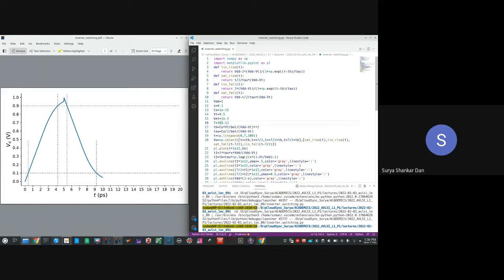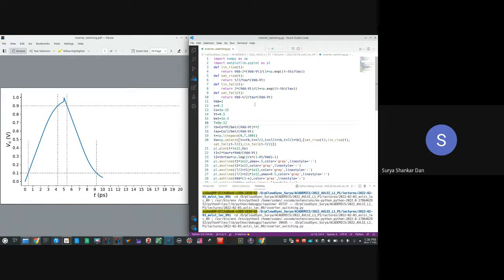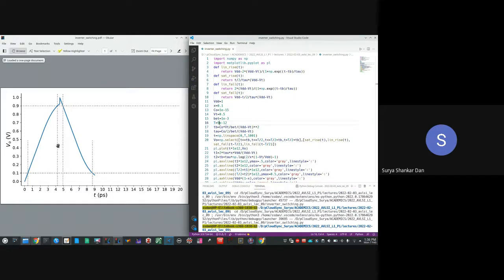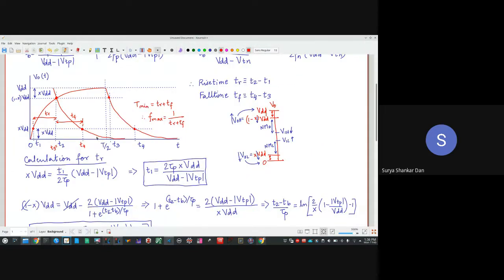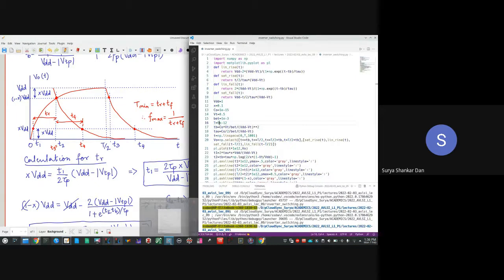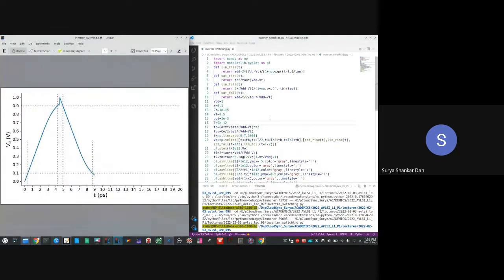So what is the time period now? 10 picoseconds. Initially it was 20, right? So let us reduce even further, 9. There is a gap. So this gap is a wastage. Okay, so this T3 minus T2 is the wastage. As I said, T3 minus T2 is the wastage. So ideally, I will make this difference between T3 and T2 to be 0. That means we make T3 equal to T2. Only then will your minimum time period be reached. Okay? So here I'm essentially trying to do that.